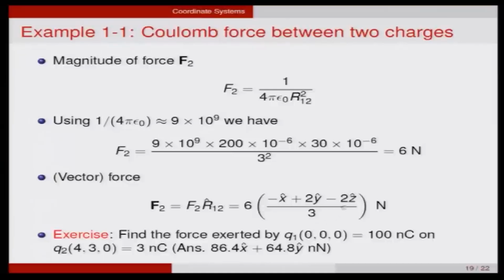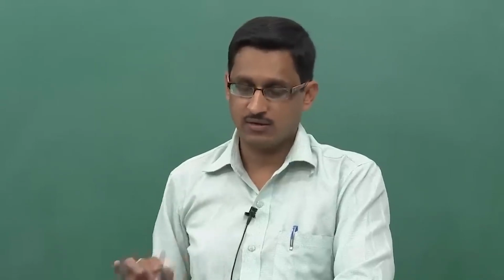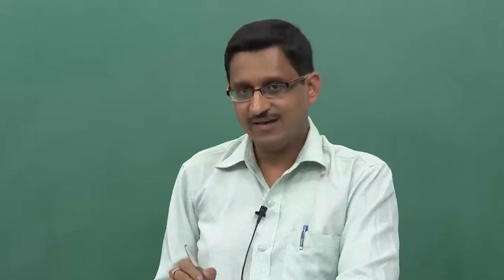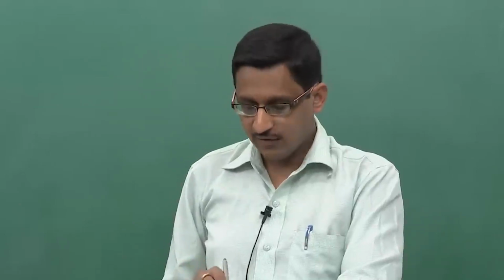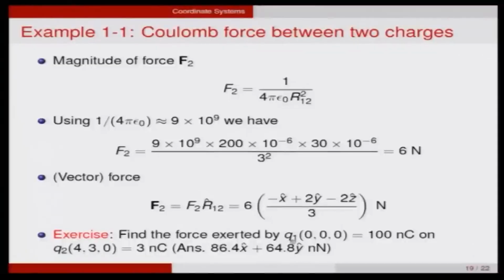So this is the unit vector in brackets, and I am multiplying that by the magnitude. So this is the force F2 that is acting on charge Q2 because of charge Q1. Now that you have seen this example, re-look at the example once more, understand all the steps that are there in this example, and then try your hand at finding the force exerted by a charge Q1 which is placed